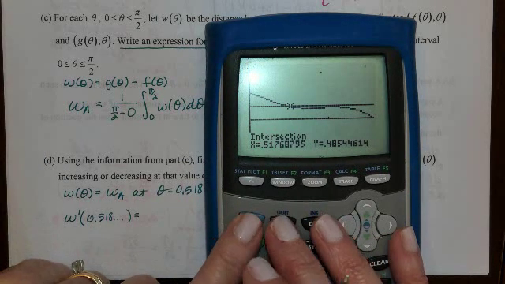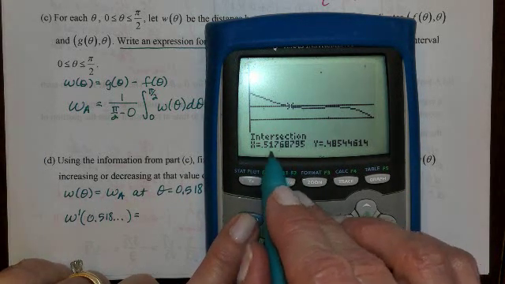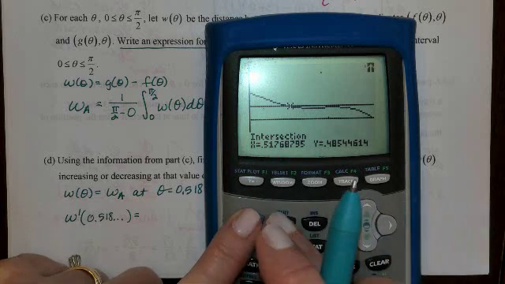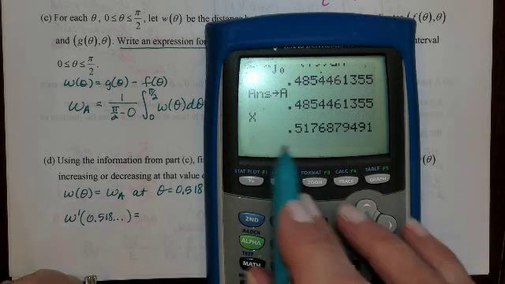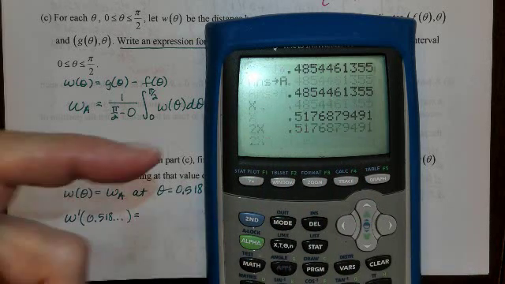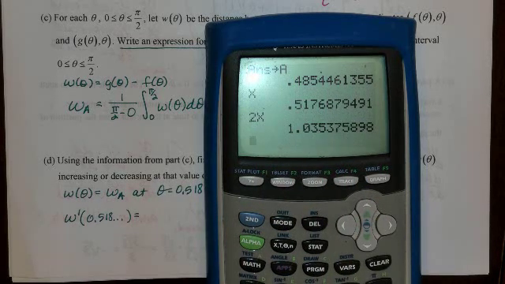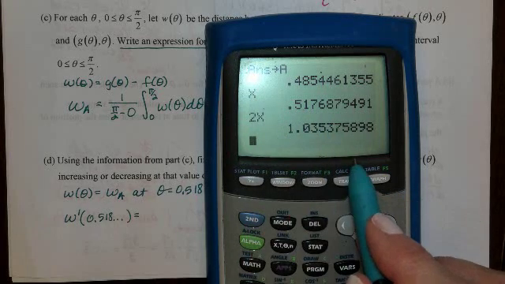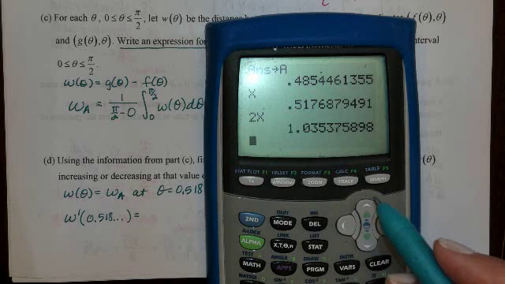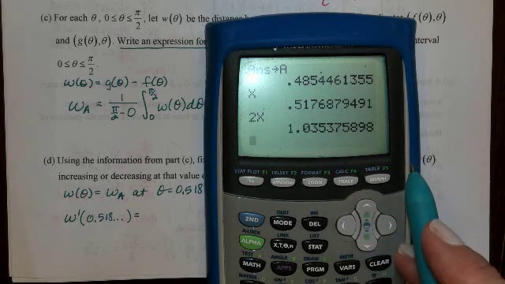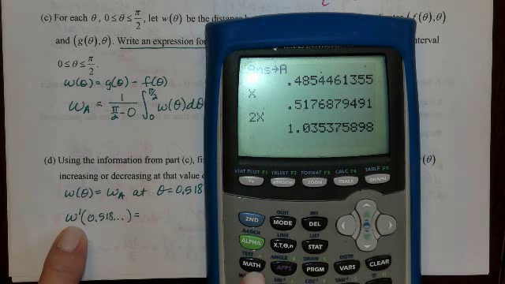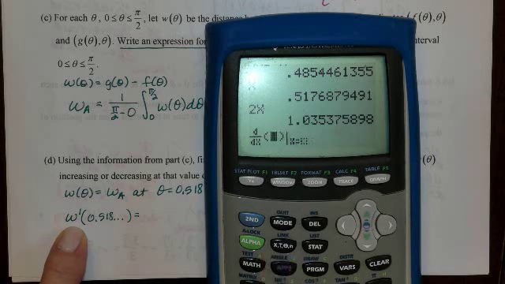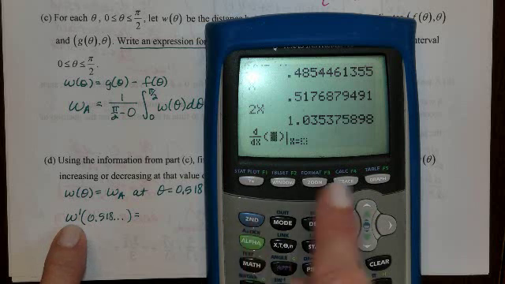So in my calculator, my calculator still thinks x is that number. And if I come over here and type in x, it still thinks that's the value of x. If I did 2x, it would multiply that by 2, okay? So the calculator right now has this value stored in for x. If you like, you can go store it in for another variable, but right now my calculator thinks that x is that number. So I'm going to take the derivative, math 8, of what I have in for y3,